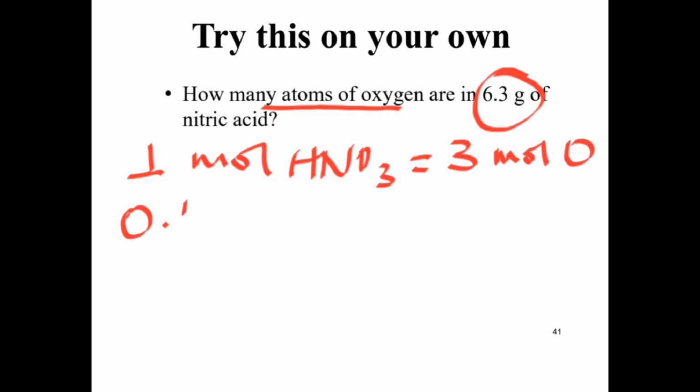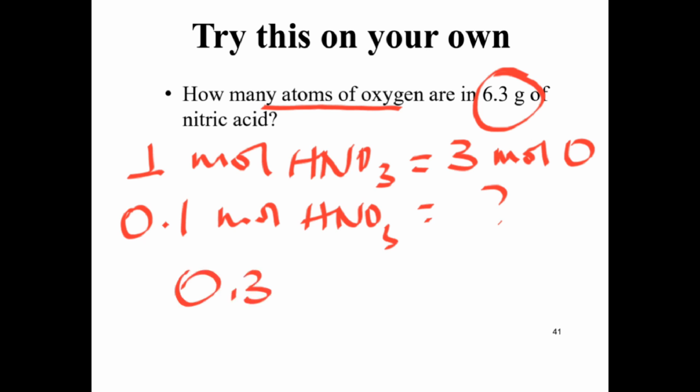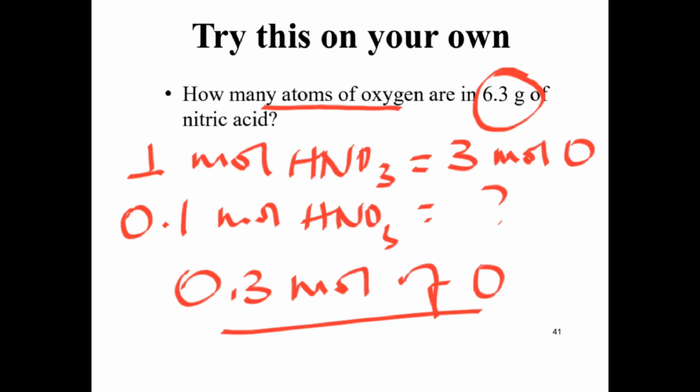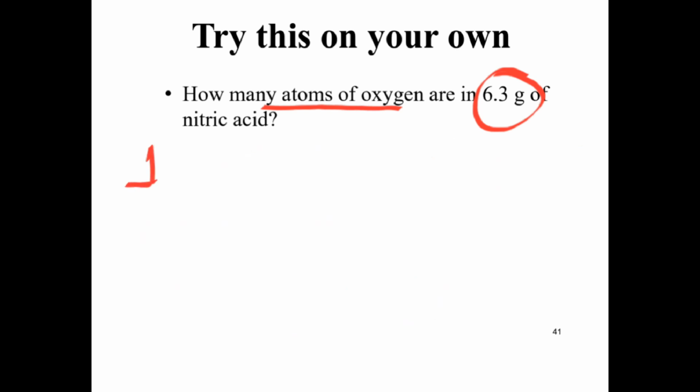In 0.1 mole of nitric acid ምን ያህል mole of oxygen atom አለ እንላለን። So 0.3 mole of oxygen atoms are present in 0.1 mole of nitric acid ማለት ነው።